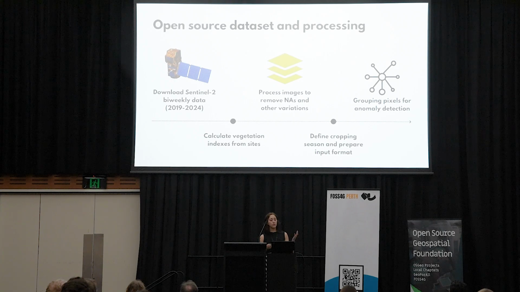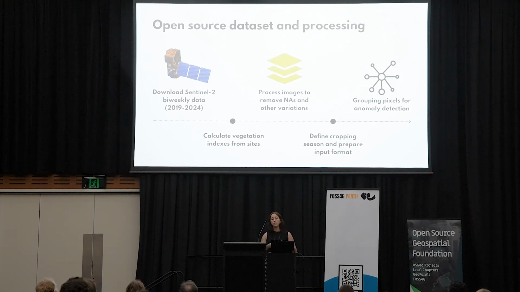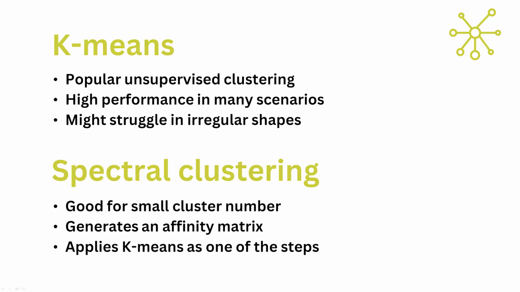So everything is downloaded from Sentinel bi-weekly data from 2019 to 2024. Vegetation indexes, all the processing in Python, and then going to use k-means and spectral clustering to try to detect what are these vegetation anomalies based on the behavior of the pixels throughout this time that we downloaded the data. So these 2 methods are actually very similar, because k-means is a very popular method, and it's going to create clusters based on the behavior of the pixels, and spectral clustering